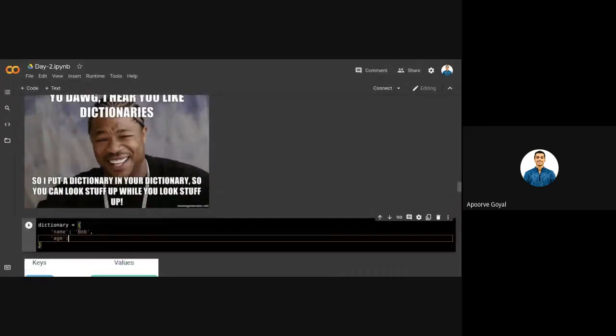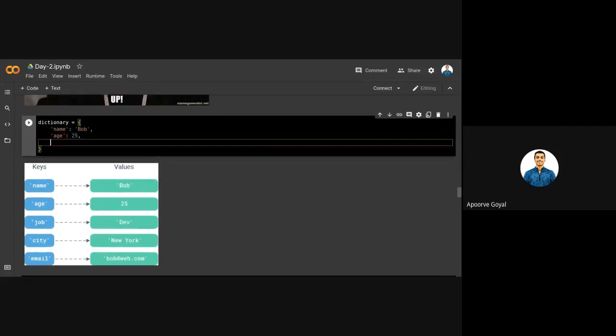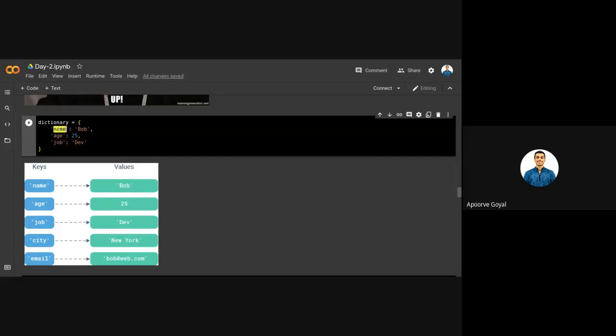Let me zoom in a little. Yeah, better. It's 25. Then job, and let us say it's developer. We will take this much for now. So name is acting as a key for Bob, age is acting as a key for 25, job is acting as a key for dev.